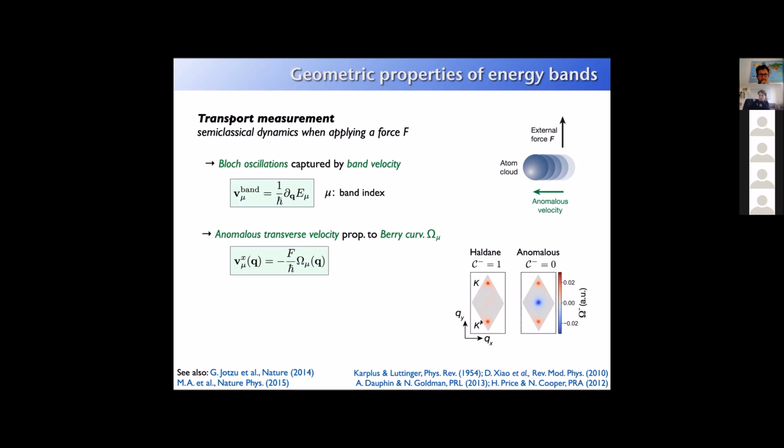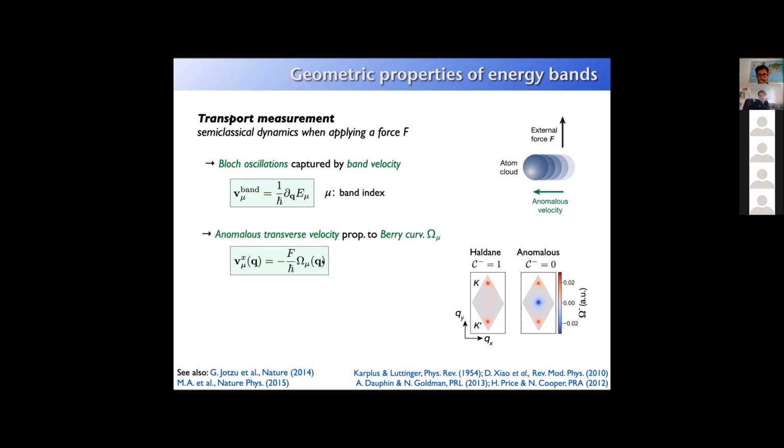And the high symmetry points are indicated here as K and K prime. The central point is called the gamma point. So now if we take a wave packet that is concentrated in quasi-momentum space, we can move it across certain regions within the dispersion relation that are characterized by non-zero Berry curvatures. And then according to this formula that is given here for the anomalous transverse velocity, we can then measure the